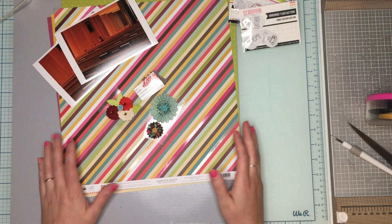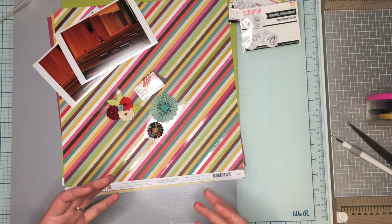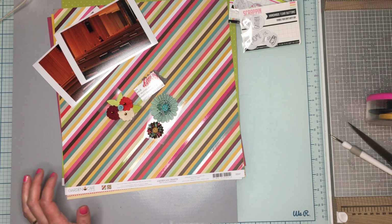These American Crafts little mini kits that I'm using are part of that as well. I'm doing another scrap lift. Gonna scrap lift this one by...